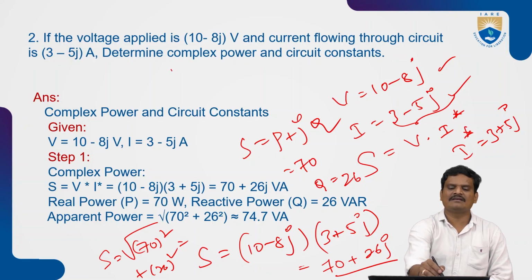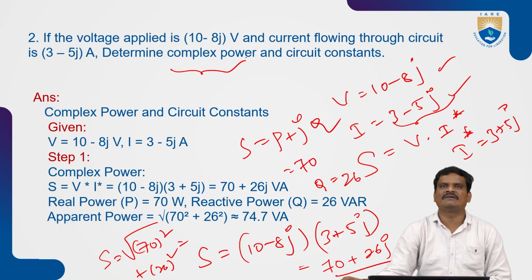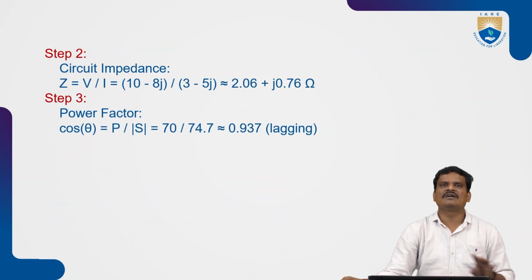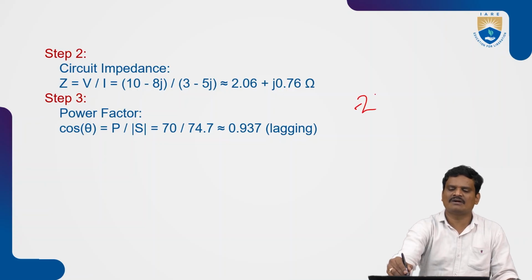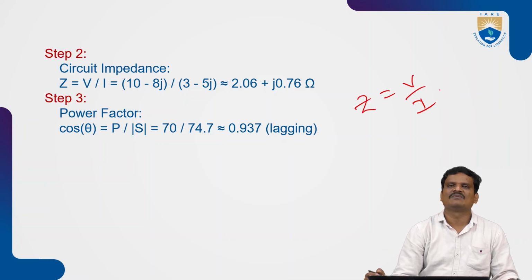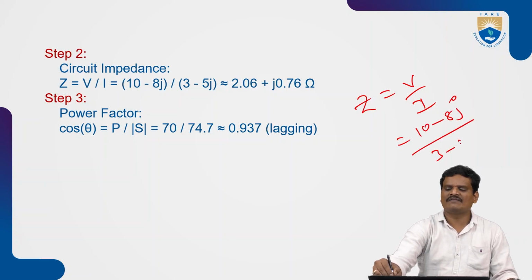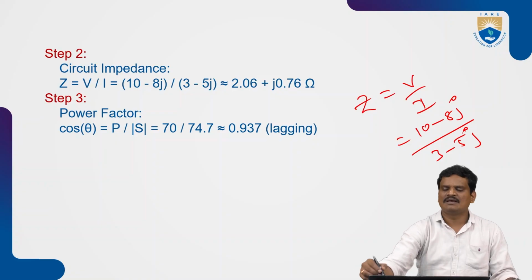We have calculated the first parameter that is present in the given question, that is the complex power. Next, you need to calculate the circuit constants. The circuit constant in general is the value of impedance. The impedance is calculated by V by I. The value of V is given as 10 minus 8j, and the value of I is given as 3 minus 5j, and the value of impedance offered by the circuit is